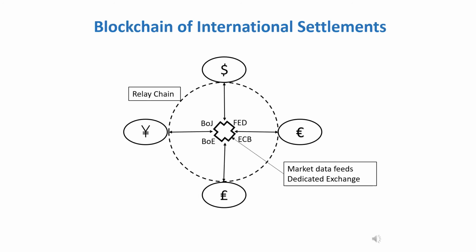The cross-border payments work as follows. Each fiat currency functions in its own blockchain. When there is a cross-border transaction, for example, between the US and Japan, the system detects that the transaction has different currencies on each end and sends the transaction first to a dedicated exchange that features foreign exchange data feeds. The payer then sells its dollars and instantly buys the yens, paying the difference between the market ask minus bid